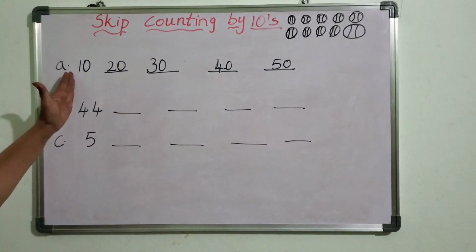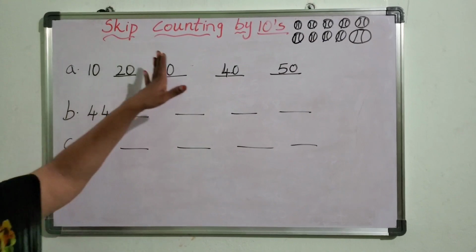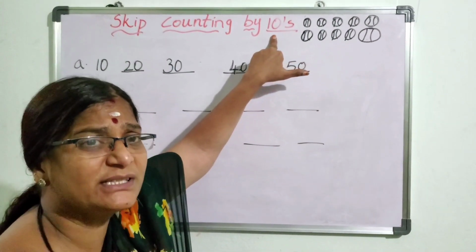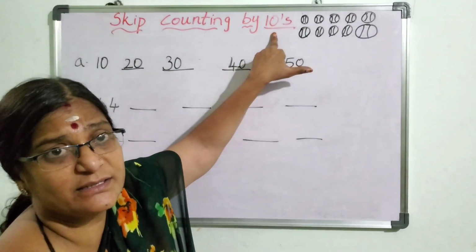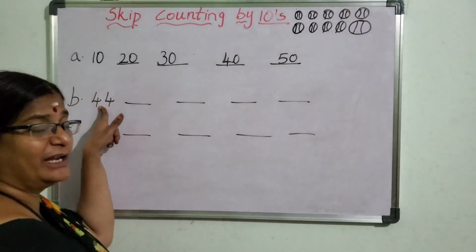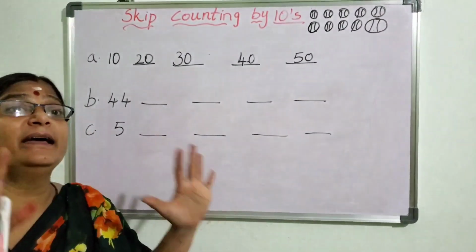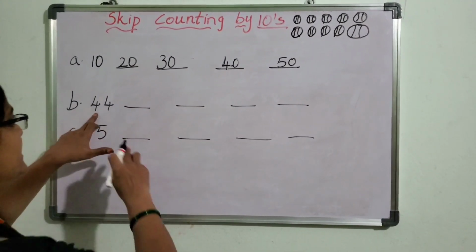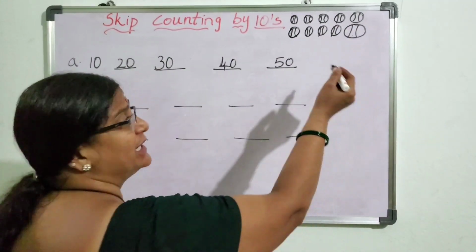So whichever number I gave you at the start, after that number you should count, but you should see what I am asking, whether it is skip counting by 2s, 5s or 10s. First you should see what it is. Now I am giving you skip counting by 10s. Starting I gave you 44 here, means after 44, 10 numbers you should count. After 44, 10 numbers. See here, 44 finished. So after 44, which number will come?